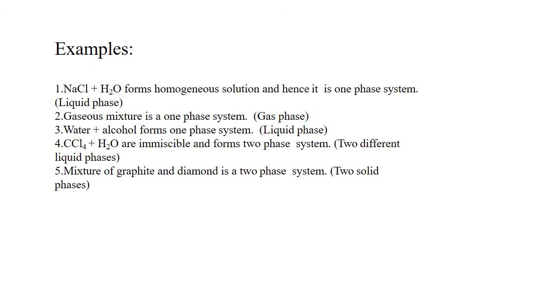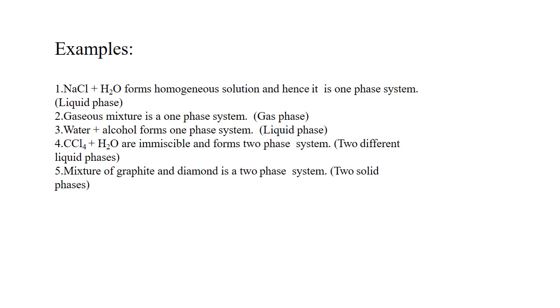See, the solution contains two components. One component of the solution is the sodium chloride, and the other is the water, that is the solvent. So when sodium chloride gets dissolved in water and there is no solid NaCl remaining at the bottom of the beaker, then the solution has a uniform composition throughout the bulk, and it is present in the liquid phase. So this is a one phase system.